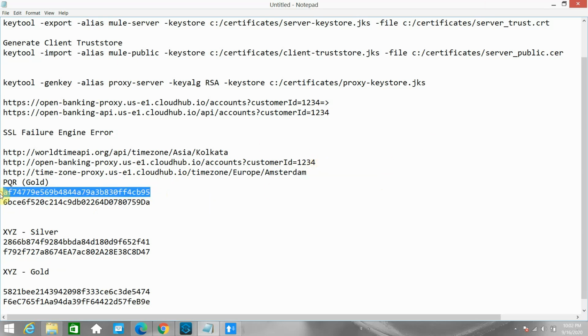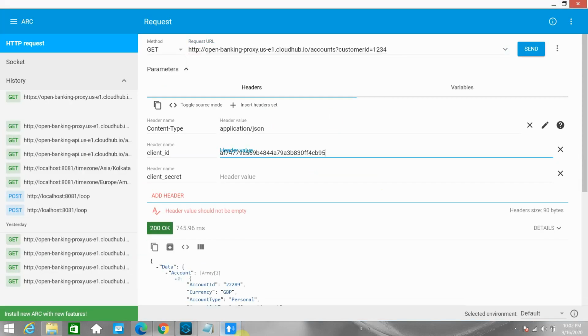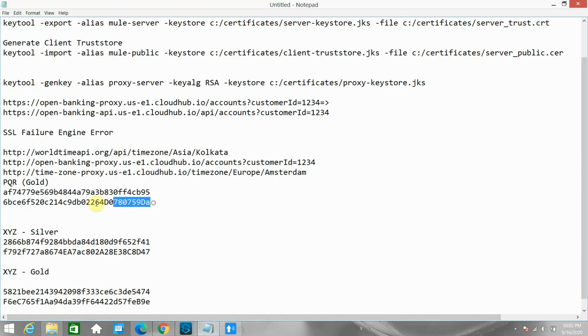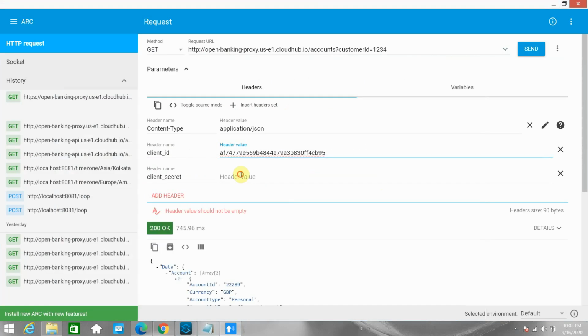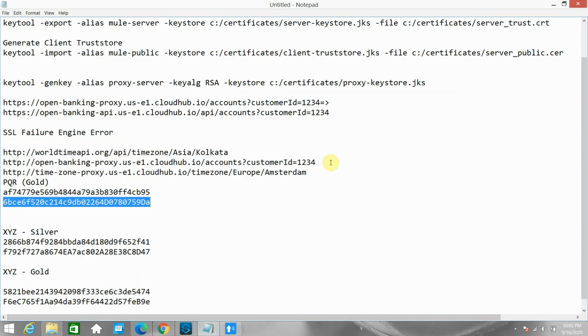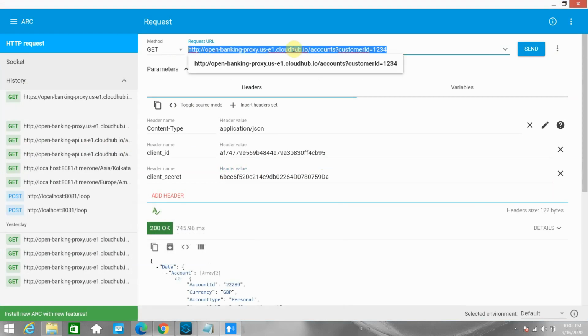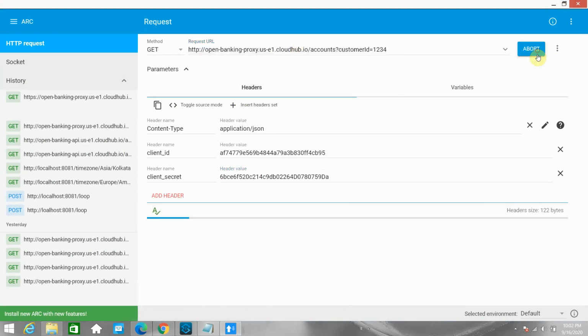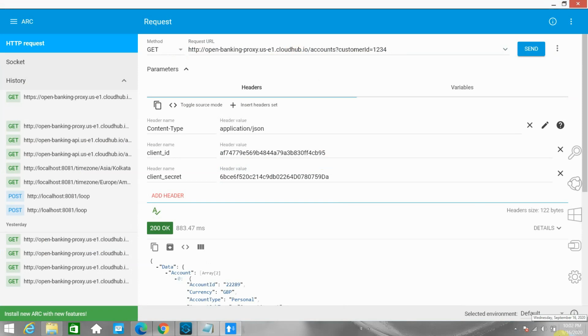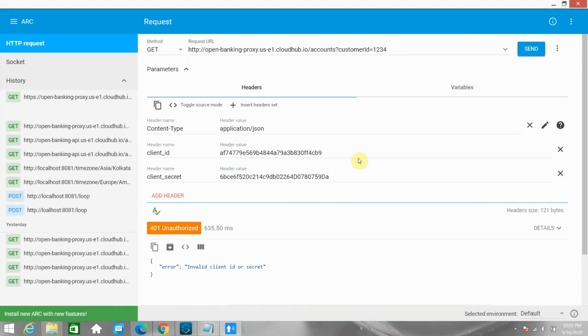First I will test this particular one. PQR has access only to the open banking API. Let me try with this. PQR is allowed 10 requests per minute. If I try to change to an invalid client ID, what happens? It failed, invalid client ID, that is fine.